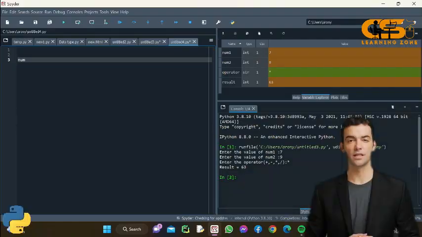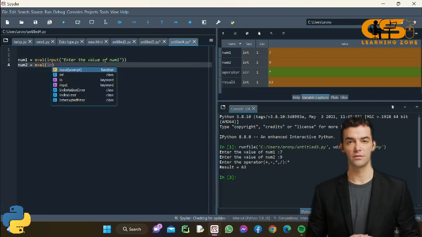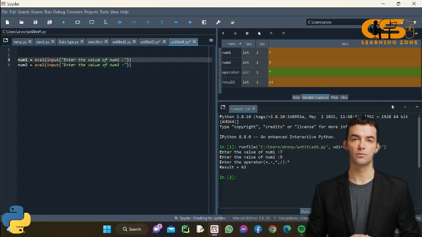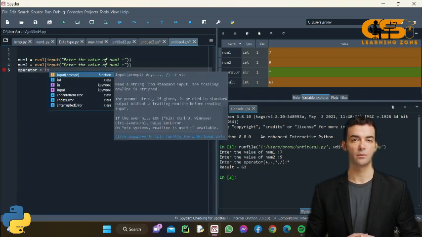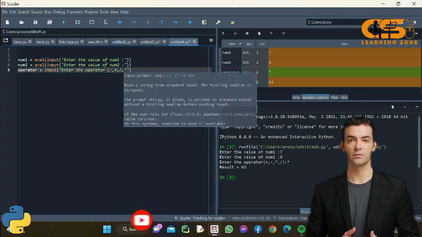number1 = eval(input("Enter the value of number 1: ")) number2 = eval(input("Enter the value of number 2: ")) operator = input("Enter the operator (+, -, *, /): ")